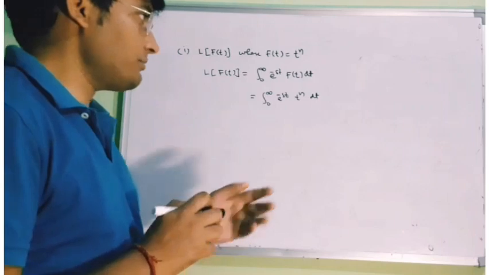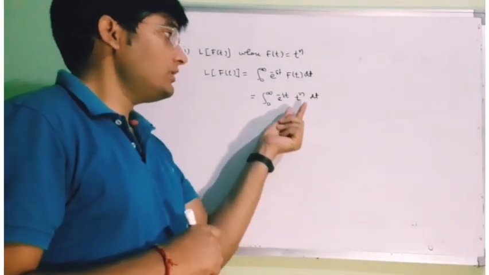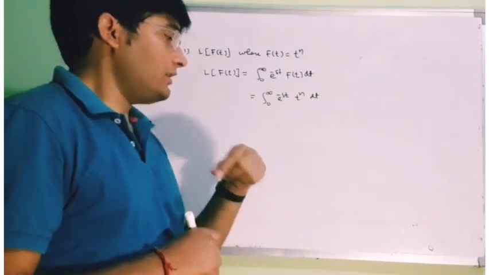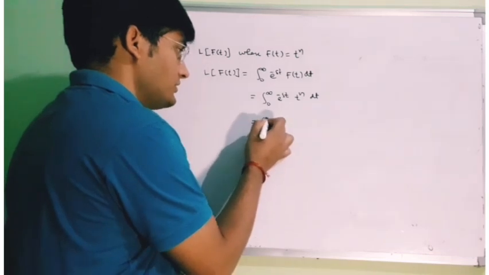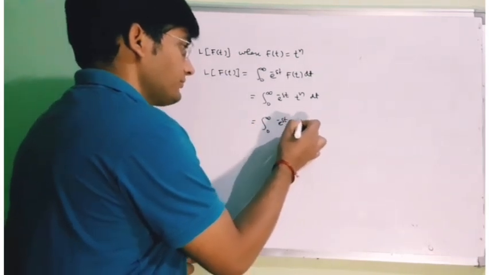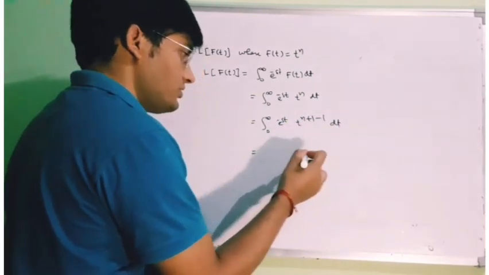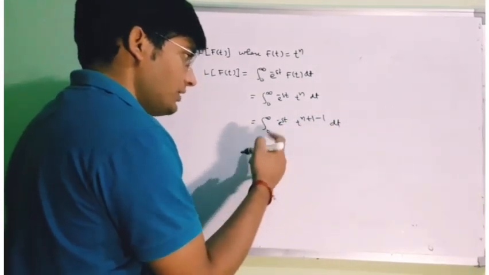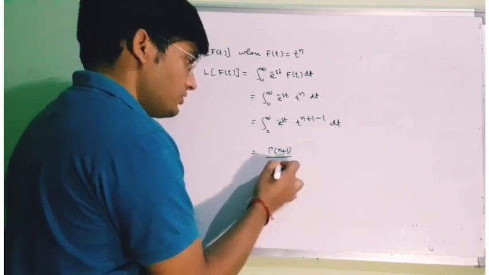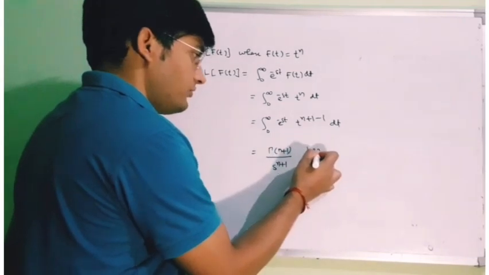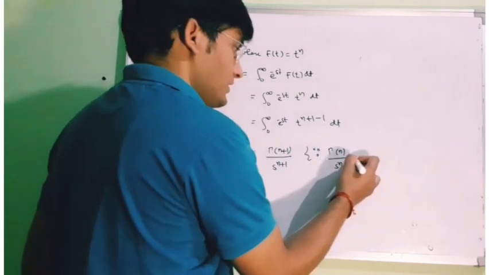Either we can integrate by parts up to n times so that this t to the power n is removed, or another option is that you can use the definition of the gamma function. Then using the definition of the gamma function, this will become gamma n plus 1 upon s to the power n plus 1, because we have the definition gamma n upon s to the power n is equal to